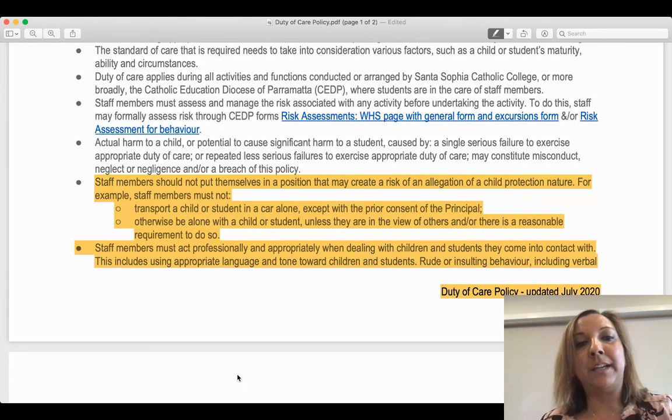That means doing things like ensuring that we don't transport a child or student alone in the car unless we've got the prior consent of the principal, or really have any need to be alone with a student, and so to make sure that we're in view of others unless there's a reasonable requirement to be one-on-one with that student.